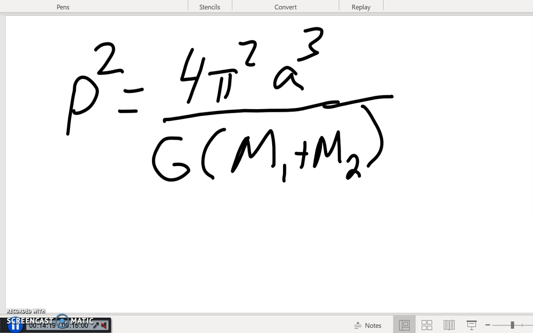Now, why is this significant? Because it turns out in units of astronomical units and years that G is equal to 4 pi squared. Even though we gave it the value of 6.67 times 10 to the negative 11 the other day, that's its value in SI units. If I convert those lengths and times into astronomical units and years, then G actually equals 4 pi squared. So 4 pi squared over 4 pi squared is just 1. As well as the mass of the sun and the mass of the Earth, for example, well, the sun is so dominant, and so we just get the mass of the sun. And if I measure my masses in solar masses,